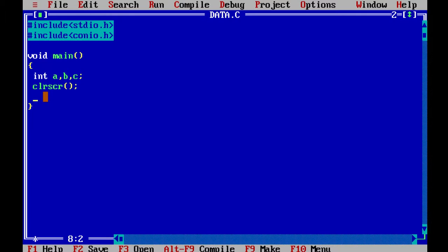Then I want to print a statement for getting input. For that, I am giving a function named printf, which is a predefined function from the standard library, stdio.h. Okay, and semicolon, and I want to ask the user to get the input of value of a and b. For that, enter the value of a,